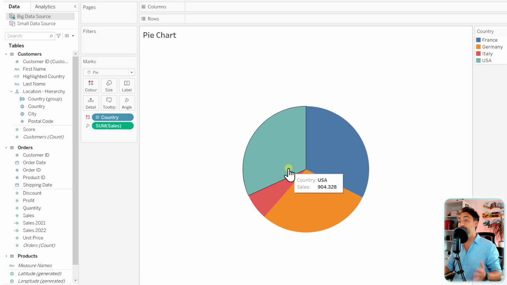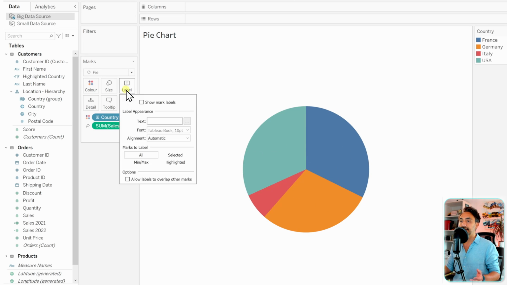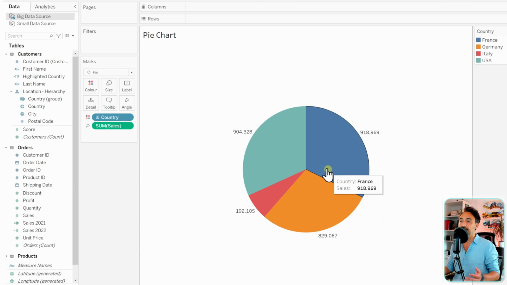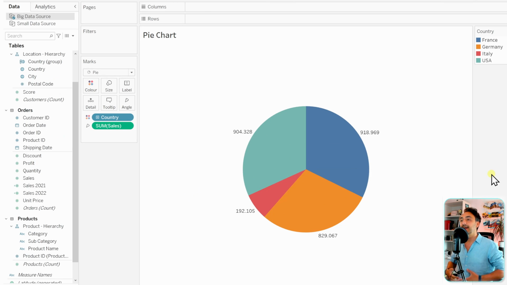So for example, here we can analyze how the USA is contributing to the whole of sales. As you can see, it's really easy to build and very commonly used in many dashboards. We can go over here, for example, and add some labels and change the design of these pie charts. And one more thing that I would like to show you is that sometimes in a dashboard you can see